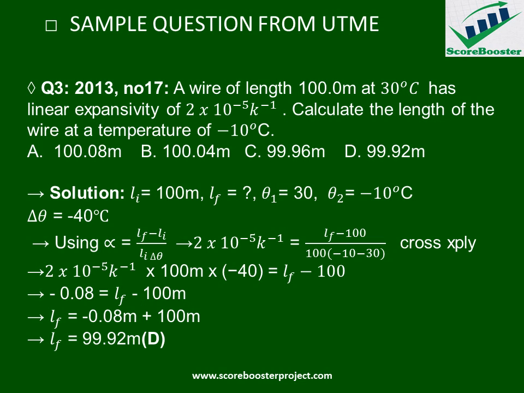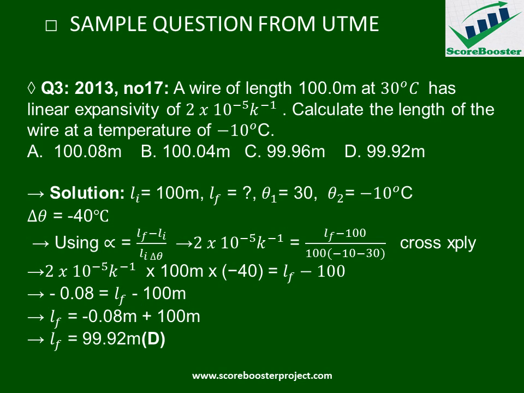So if we substitute for this, our linear expansivity alpha is 2 times 10 raised to the power minus 5 per Kelvin, which is now equal to the final length, which is unknown, minus initial length, which is 100, divided by initial length, which is 100, then times change in temperature, which is minus 10 minus 30. Then we can cross multiply to get 2 times 10 raised to the power minus 5 times 100, then times minus 40,